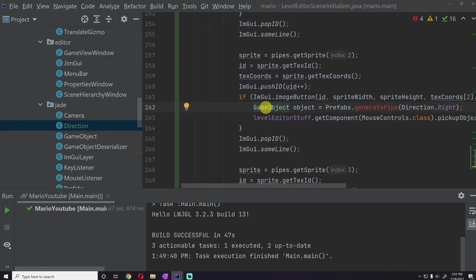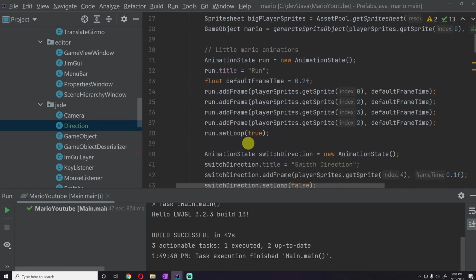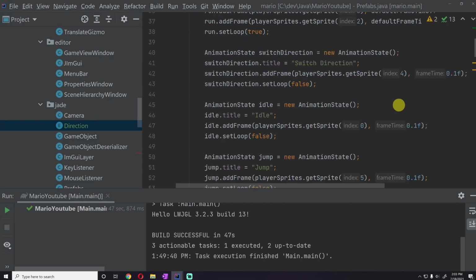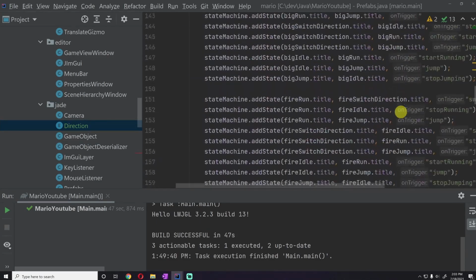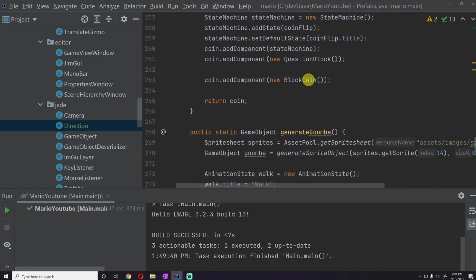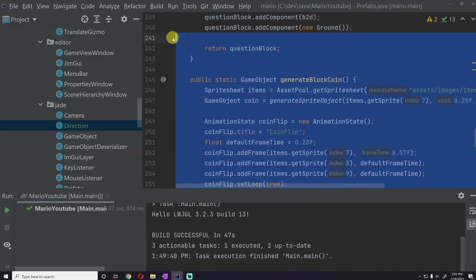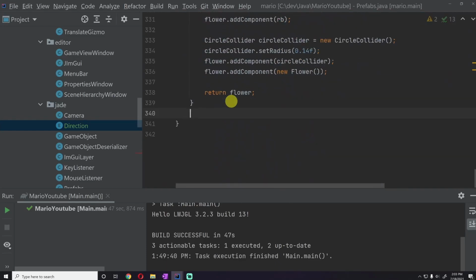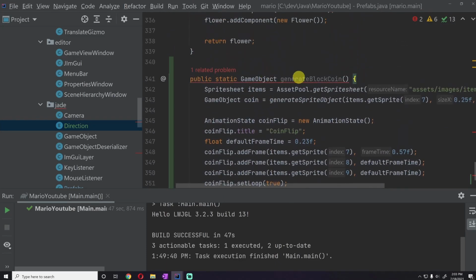All right, let's go into prefabs now so that we can create this generate pipe function. And I'm actually going to copy one of these smaller functions because once again, we're going to be using some very similar states in everything for this. So I'll just copy the block coin and we'll be able to simplify that a bit more. And I'll scroll all the way to the bottom. There we go. And we can take in,